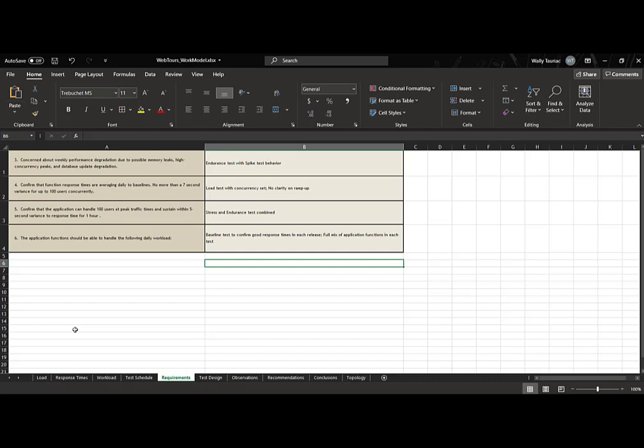testing is concerned. So we discovered through it that we will probably want to do an endurance test, at least one, with spikes. We'd probably want to do, for sure, a load test with some level of concurrency. And we'd want to do a stress test with maybe some endurance sprinkled in it. In other words, for some particular length of time. And for sure, also we need baseline test information